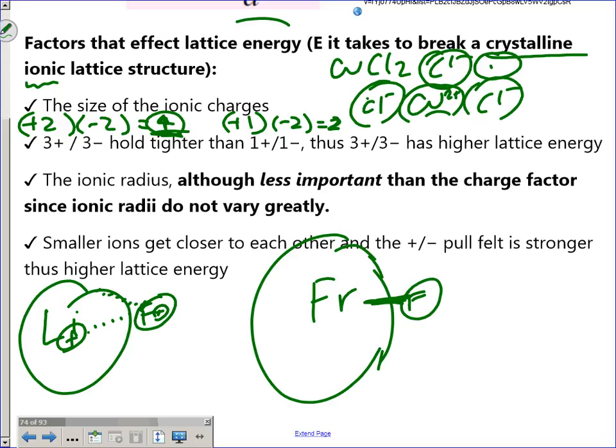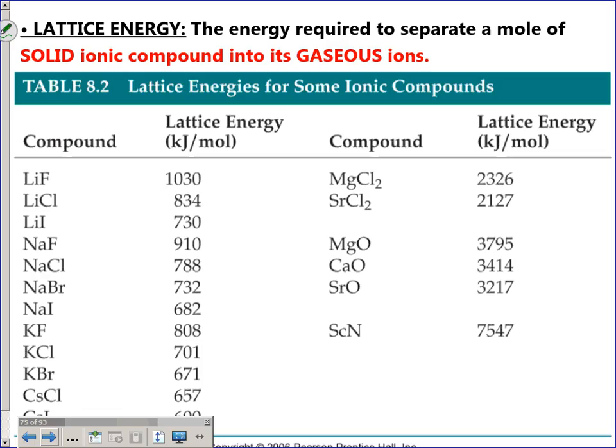All right, so then lattice energy, these are some examples. So we just did lithium fluoride, right? Lattice energy is over 1,000. I don't have francium fluoride up here, but let's compare it to another fluoride. Here is potassium fluoride. Why is potassium fluoride's lattice energy 800 versus lithium fluoride's over 1,000? Raise your hand when you're ready. Courtney. So to explain that fully to get all your points, you would say potassium has the bigger ionic radius, so that means that